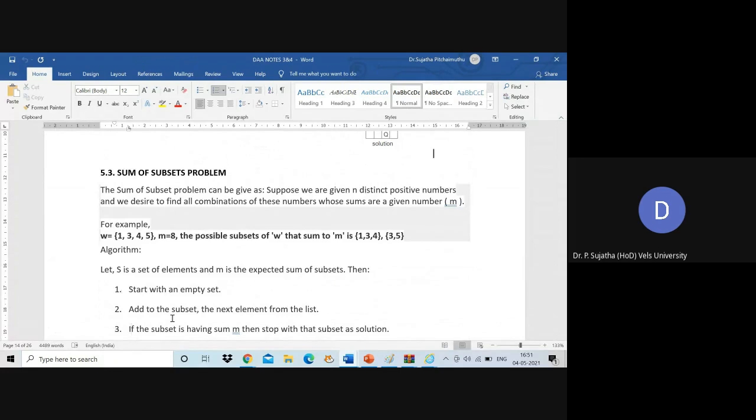Consider the subset which is given in this example, that is W is equal to 1, 3, 4, 5. This is the given set. So M is equal to 8. This is also given. So the possible subsets of W,